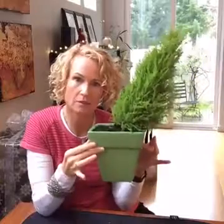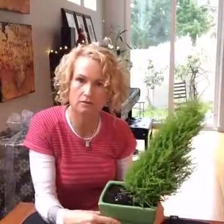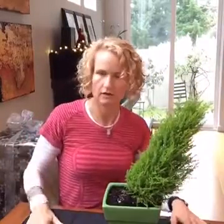So the supplies that you're going to need is a pot, and I got this pot at Fred Meyer, which is like an everything store where I'm at. I like to try to find pots that are kind of bright and fun, because the whole idea behind this is it's sort of Grinchy: bright colors, kind of goofy, funny, whimsical, and so you want to go with that theme. You don't have to, but